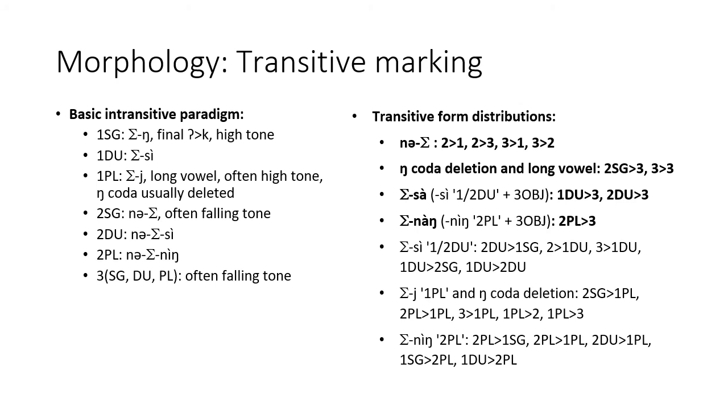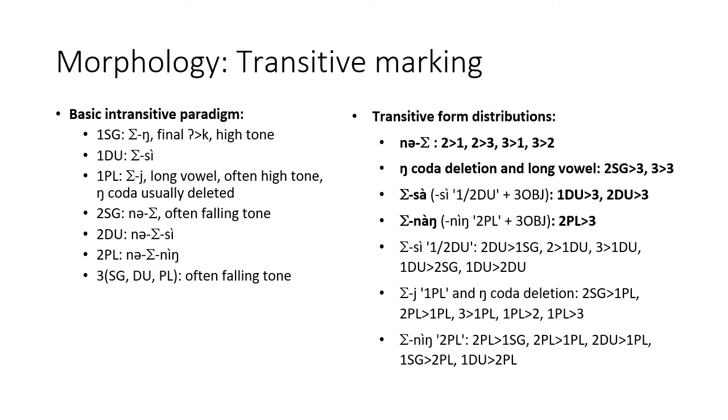With the transitive marking, basically the thing to notice is the different uses of the na non-first person actor shows up, and also we have nga coda deletion and long vowel with second person singular or third person acting on a third person, and the